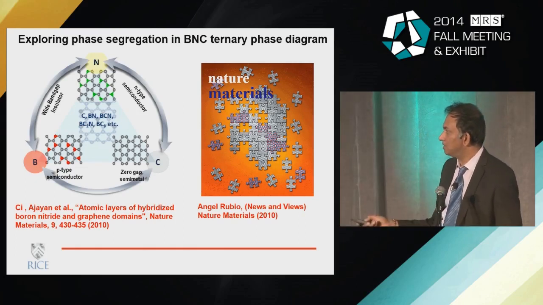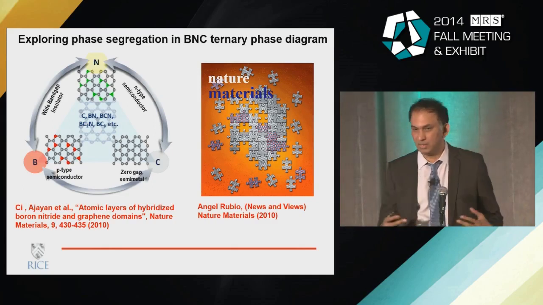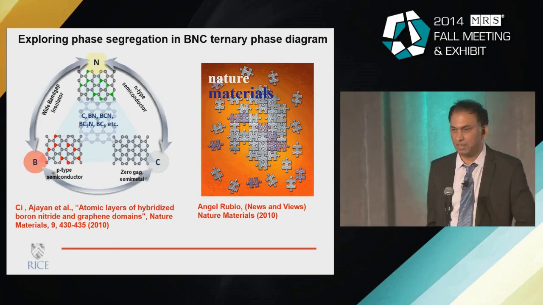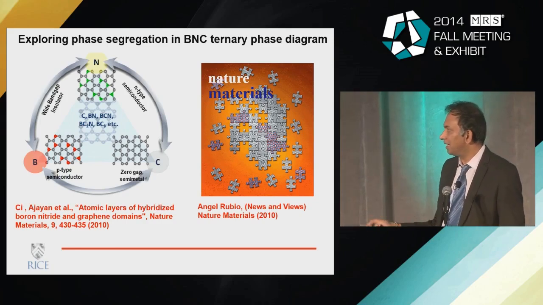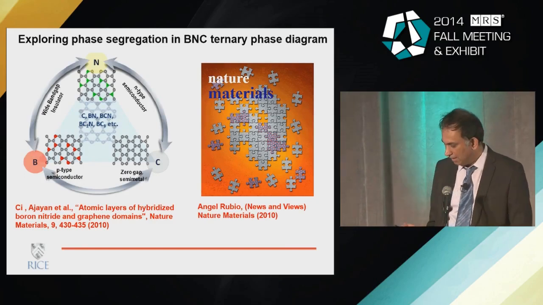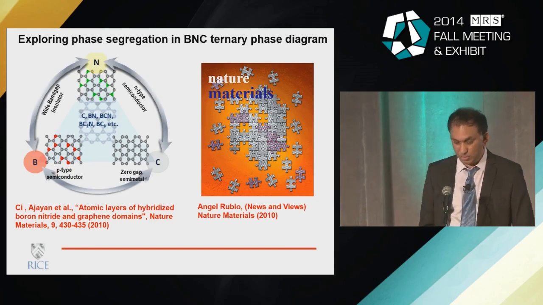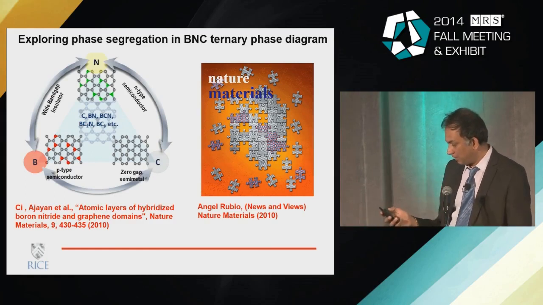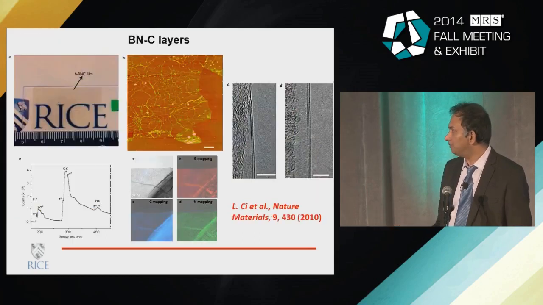And what happens is that instead you end up with this patchwork of different domains, because the boron and nitrogen like to be together, the carbon likes to segregate. So you essentially get this segregated picture of these domains, of these phases. And still, I think people are yet to show real thermodynamic phases that contain all these phases. But it's a fascinating phase diagram for sure.